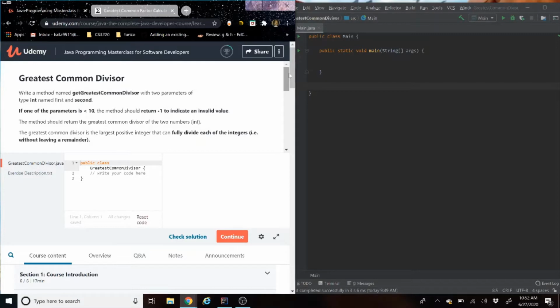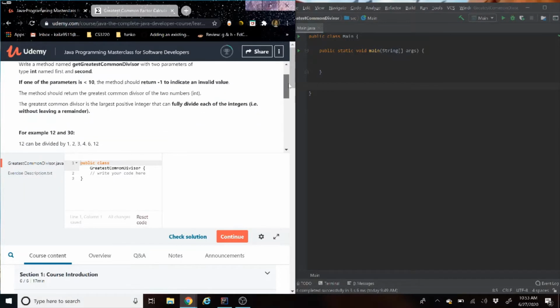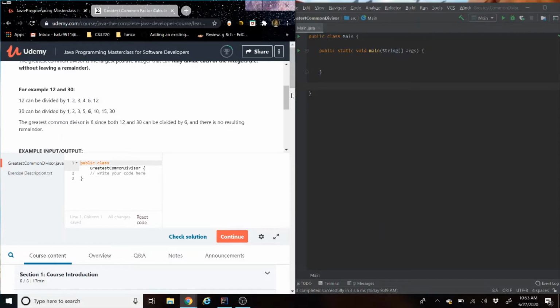Write a method named getGreatestCommonDivisor with two parameters of type int named first and second. If one of the parameters is less than 10, the method should return -1 to indicate an invalid value. The method should return the greatest common divisor of the two numbers. The greatest common divisor is the largest positive integer that can be fully divided by each integer, i.e. without leaving a remainder. For example, you have 12 and 30, and then they break it down for you here,